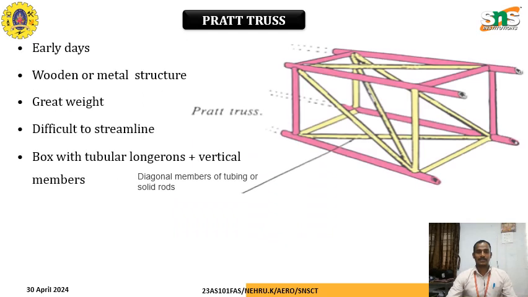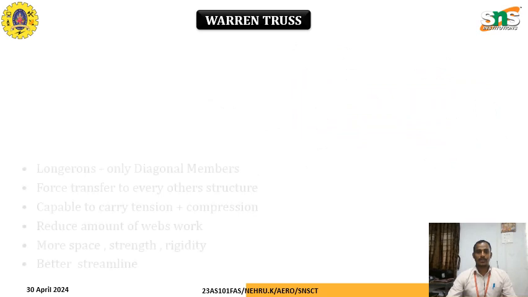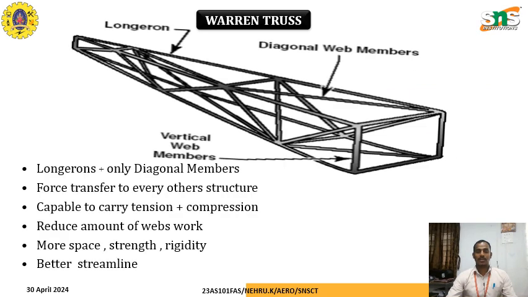Coming to the Pratt truss, in the earlier days this Pratt truss was used to design the airframe structure, which is made up of wood or metal surface, which is greater in weight and difficult to maintain the streamline of the aircraft. The design primarily consists of a box with tubular longerons. In addition to that, they use vertical members to balance the loads. In the Warren type, it has longerons plus diagonal members only, where the force is transferred to